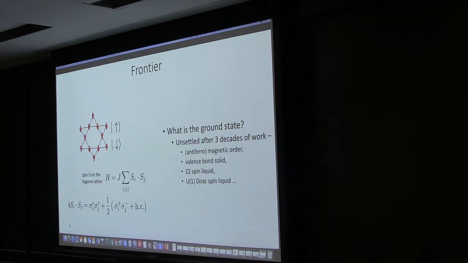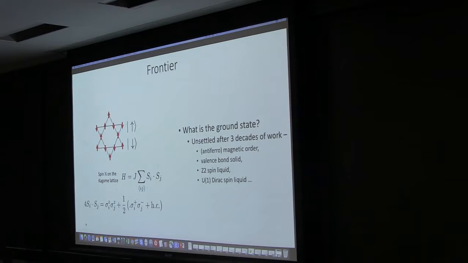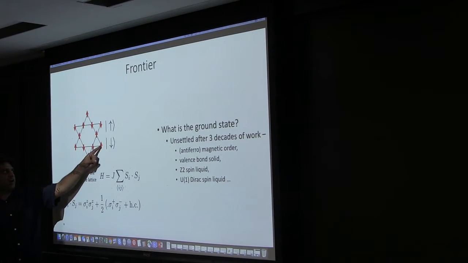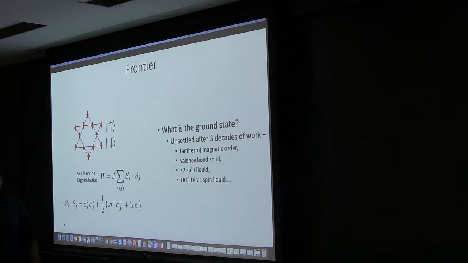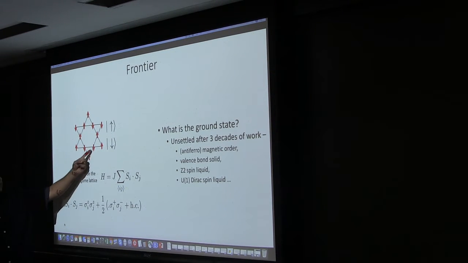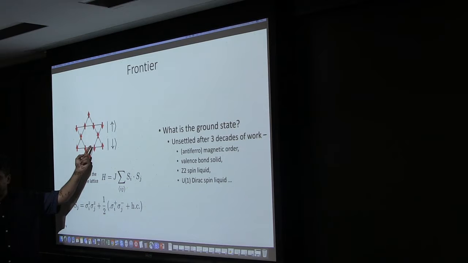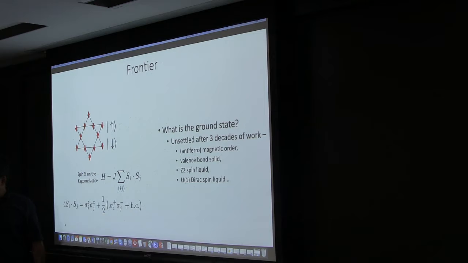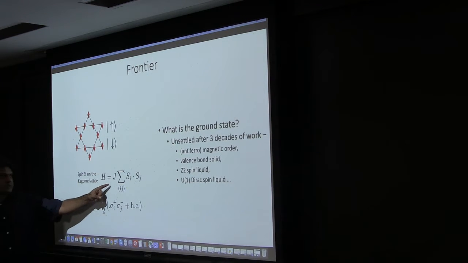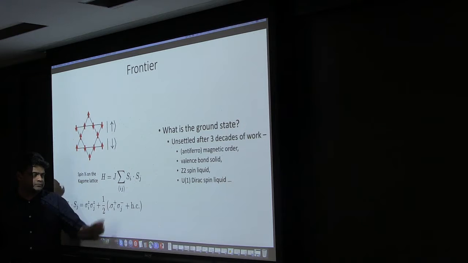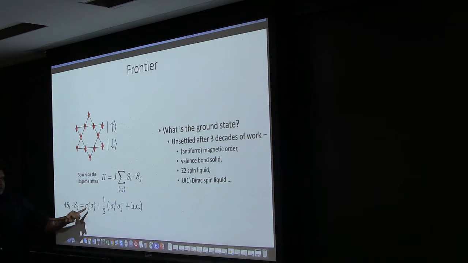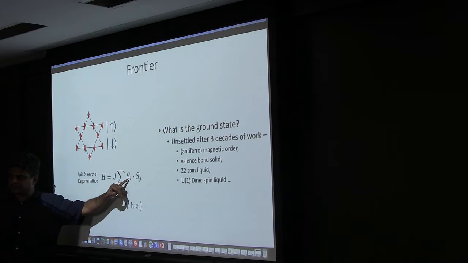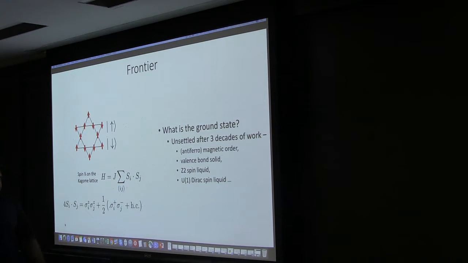Okay, so to give you an example of a question that I can pose very easily, but nobody knows the answer to, imagine that you take these qubits or spin-1/2 particles on a lattice. This is actually realized in many materials. You have a lattice of atoms, and the spin is really the electron spin. The electron spin has two states, up or down, but they interact, and the interaction is, roughly speaking, given by this Hamiltonian. Spins on neighboring sites, their spin vectors like to be in opposite directions. That's what this means. S dot S with a positive coefficient J, that's an antiferromagnet.